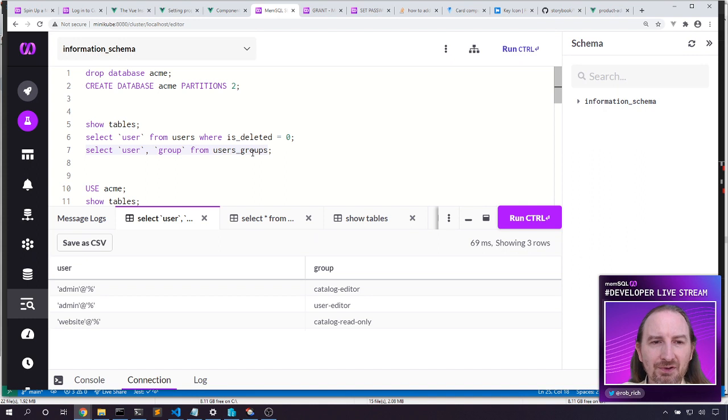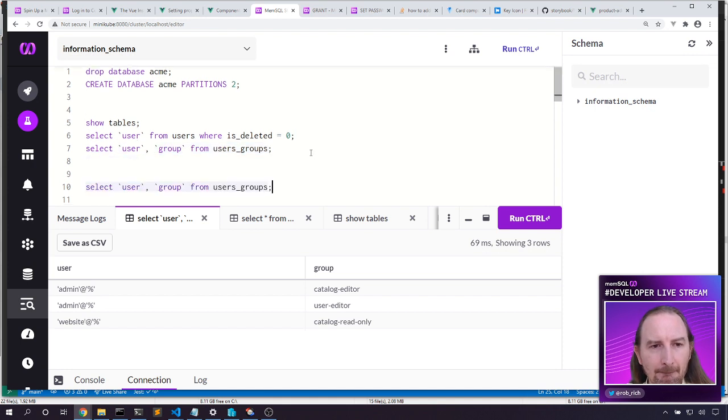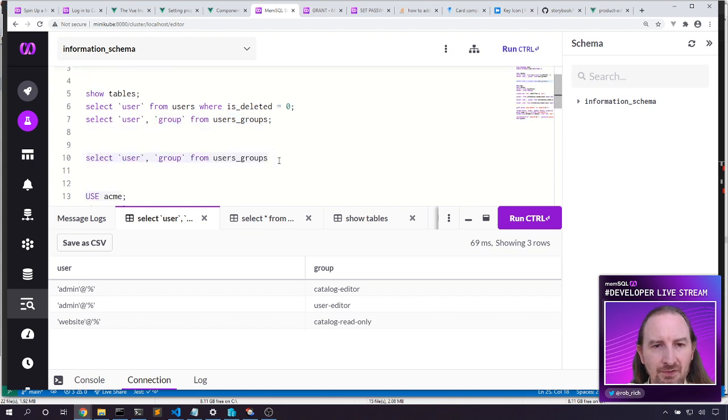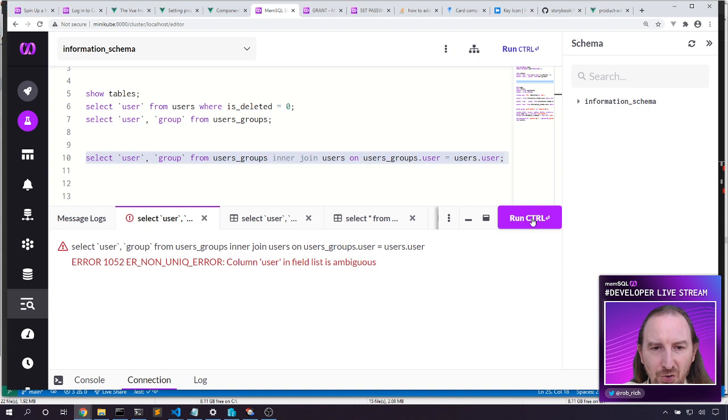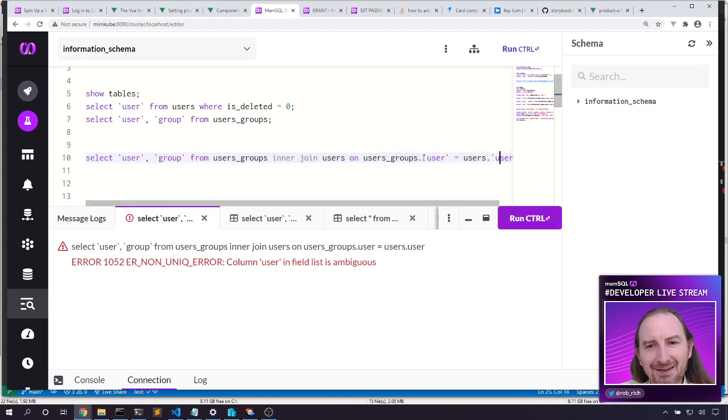It'd be nice to be able to join these things, and that could be an interesting thing. Actually, let's try it and see if that works. Select user group from user groups inner join users on users group groups.user equals users.user. Now a whole bunch of things. This needs to be backticked. And